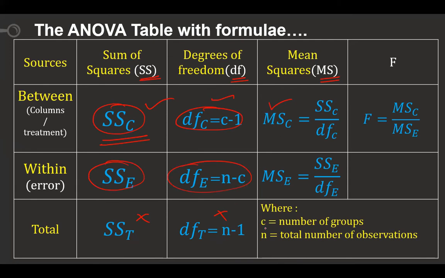Here, you have to note down that whenever C is given, it is the number of groups. When 3 groups are there, C will be 3 for you. Then N is the total number of observations. Total, how many values are given in all the 3 groups, that I'm taking as N. Then I'm calculating these things. So at the last step, I'm going to substitute F is equal to MSC divided by MSE. This I'll call the F calculated value.